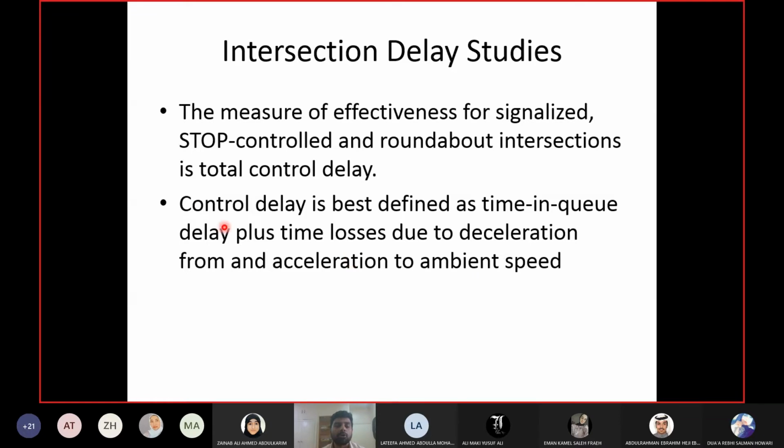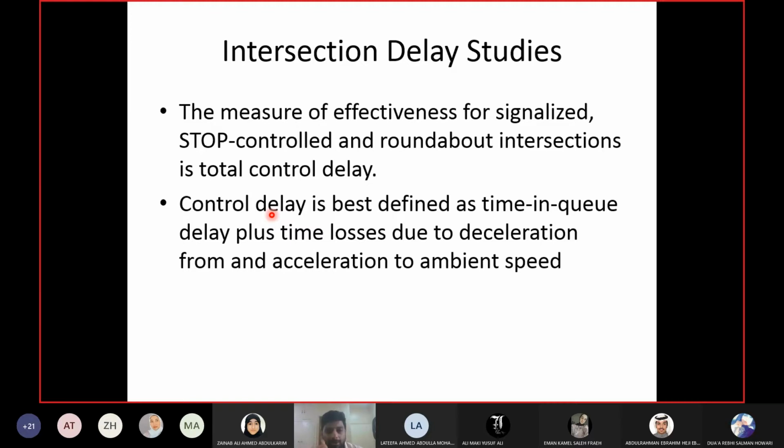All this is part of control delay, because all this is caused by the intersection and the control device which is at the intersection. Now we will discuss finding control delay for two types of control devices: signals and roundabouts. They have discussed stop control in your book as well,